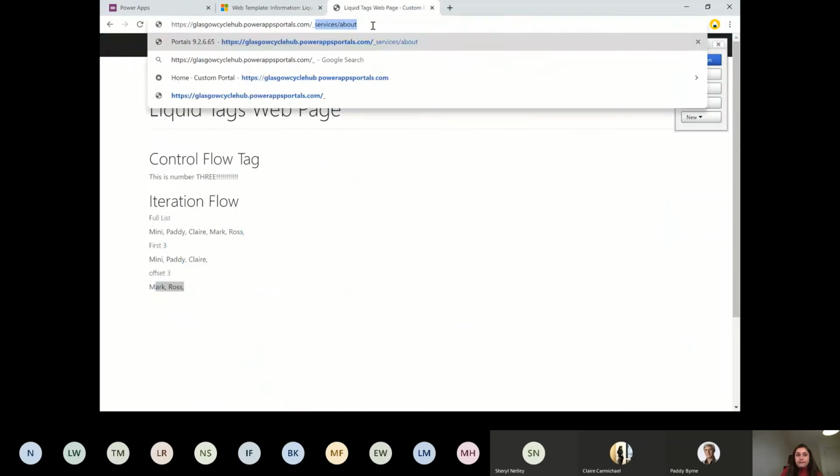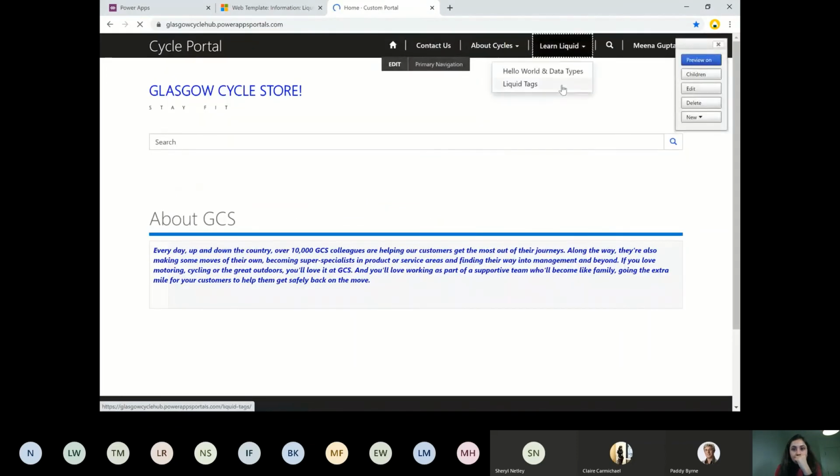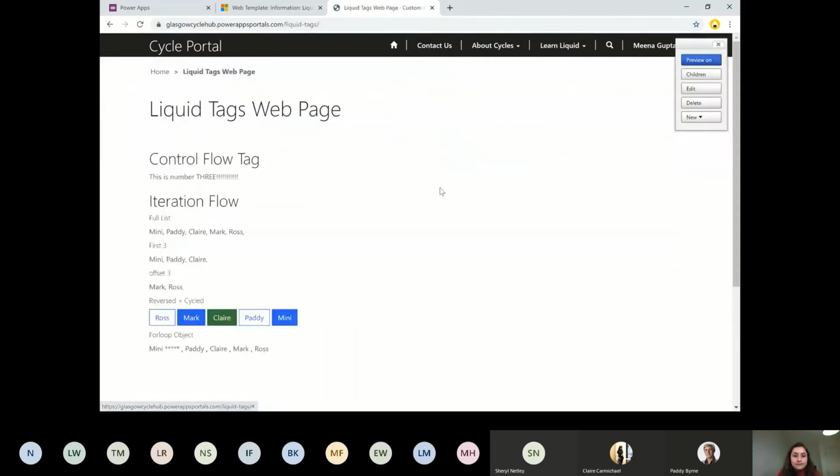So again, let's just clear the cache and see. Yes, let's go to the liquid tags.